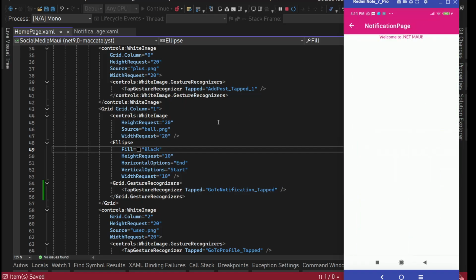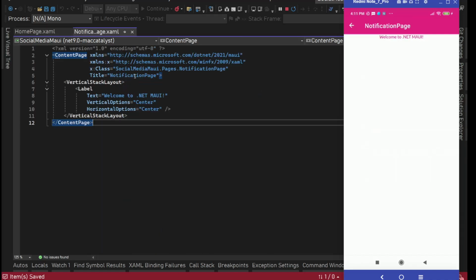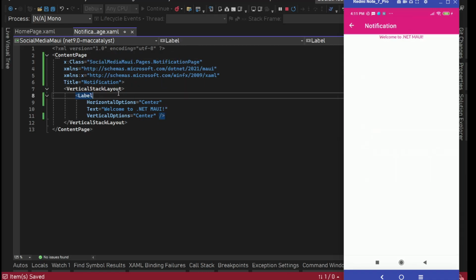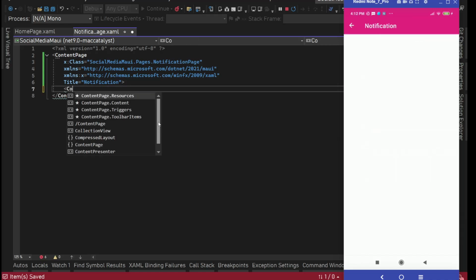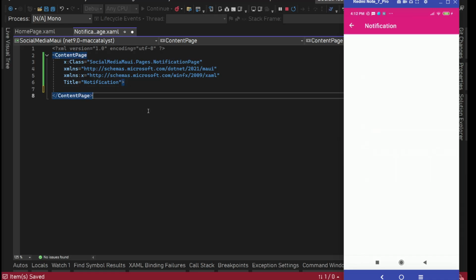All right. So on notifications, first thing, we'll change the title. It should be just Notifications. Then we can get rid of this vertical stack layout. We are going to have a collection view here. Right now we don't have any collection view. For this one, what I'll do,